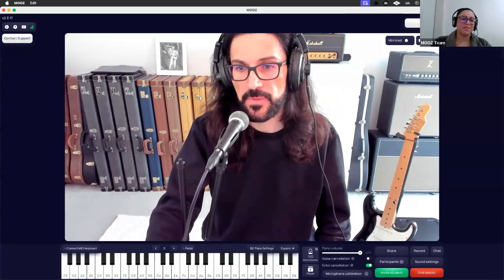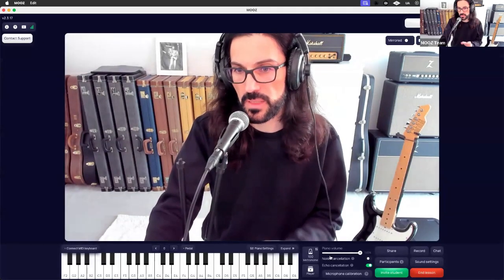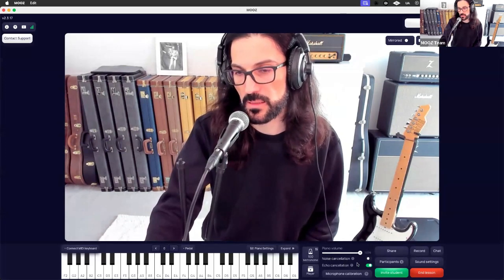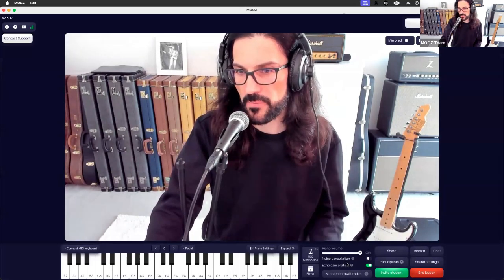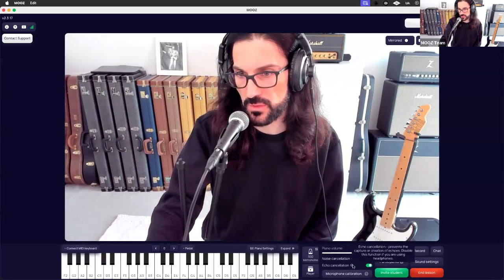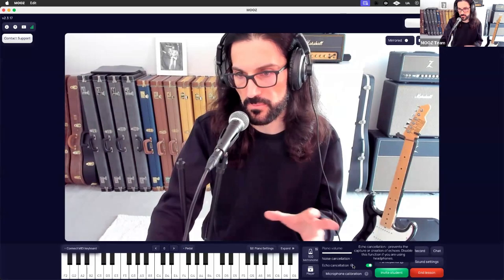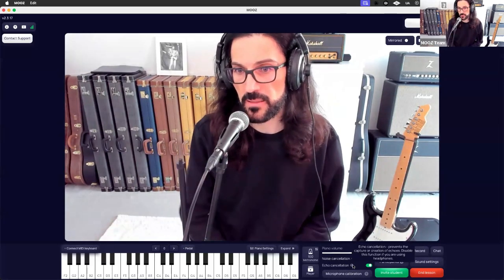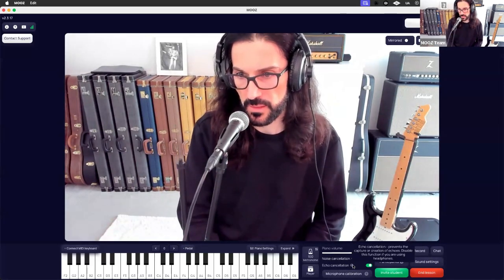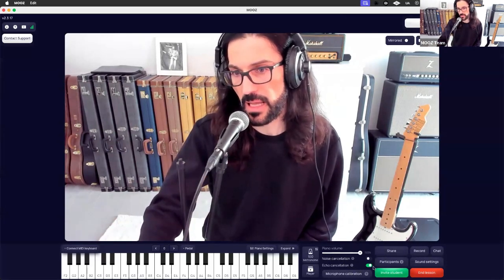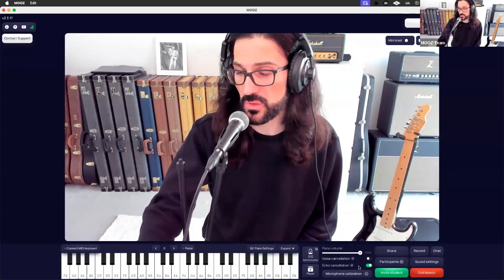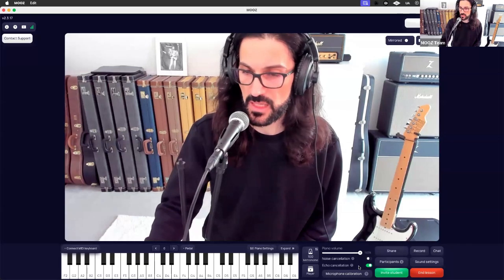Yeah, exactly. Then from there, we will move to the middle section here, which is related to the microphone calibration that we already did at the very beginning. And then you will have these two options. So the echo cancellation is going to prevent any kind of echo that you may want to avoid. I have this one active, so you can try, because sometimes the echo cancellation works for most devices, but sometimes